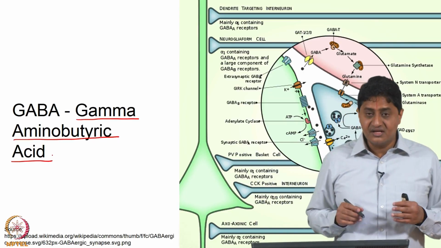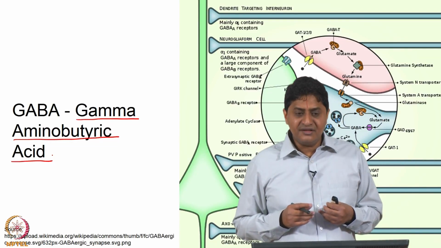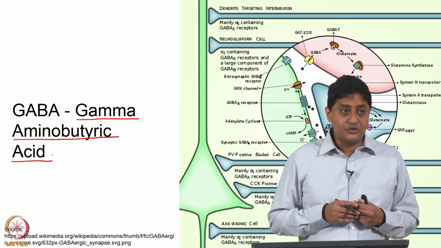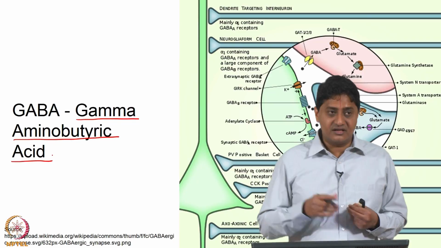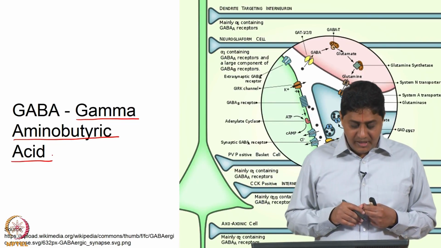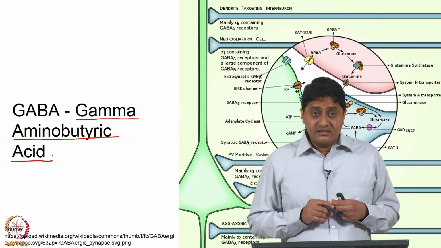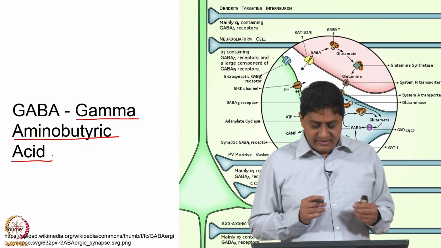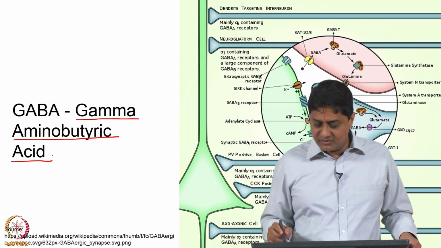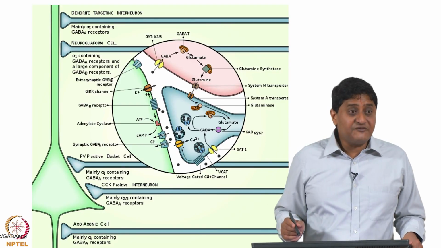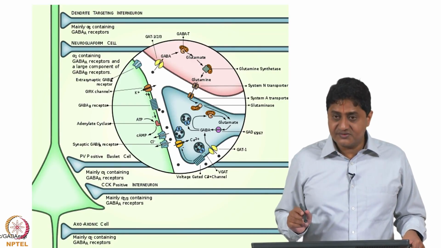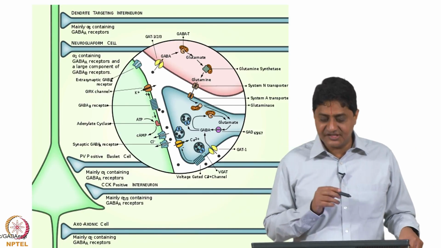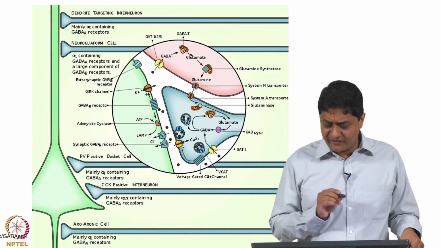We discussed several types of neurotransmitters. We said amino acids, we said neuropeptides, right? We gave several examples of each. So, here is gamma aminobutyric acid, that is usually an inhibitory neurotransmitter. How does it function? We will only discuss an important function here. You see a picture depicting the life cycle of GABA, which we are not going to discuss. We will only discuss what it does, because in previous classes we have seen the life cycle of acetylcholine. Here we will only discuss the function of GABA alone.